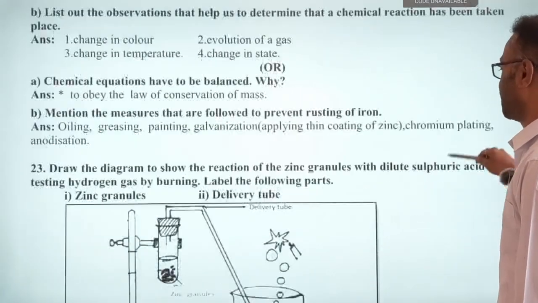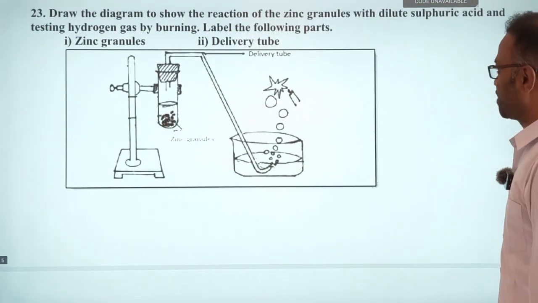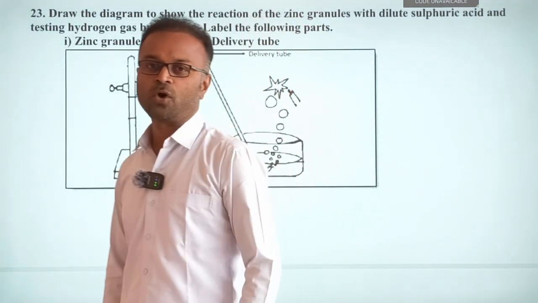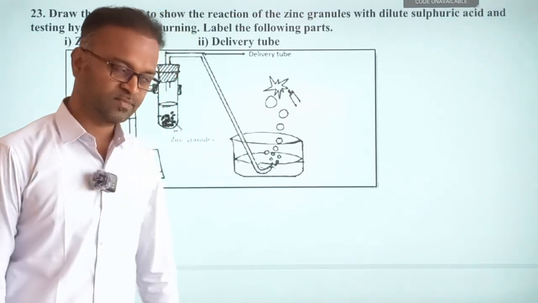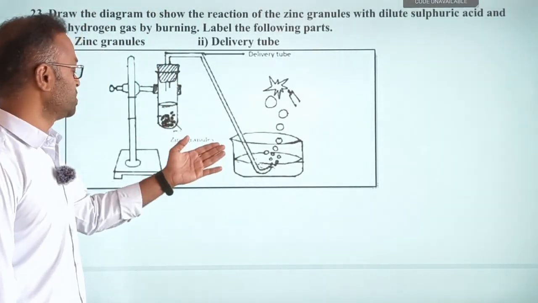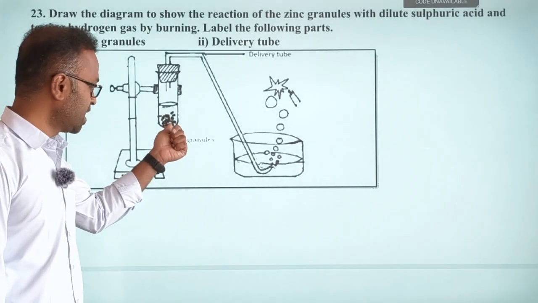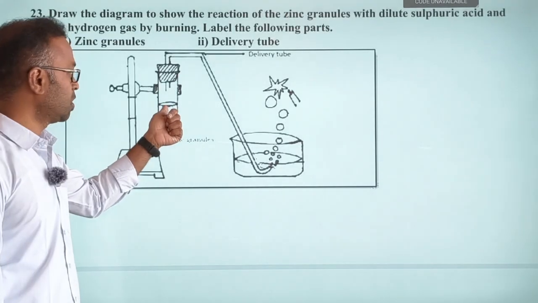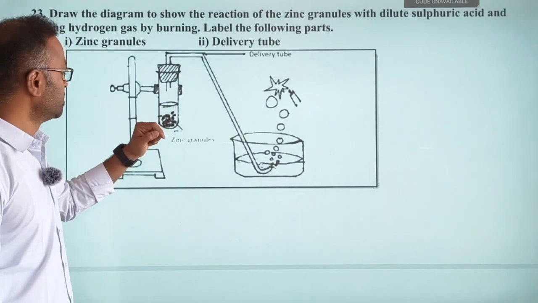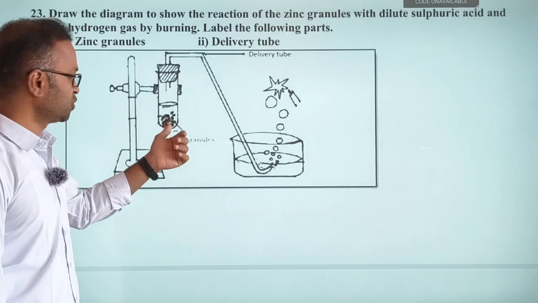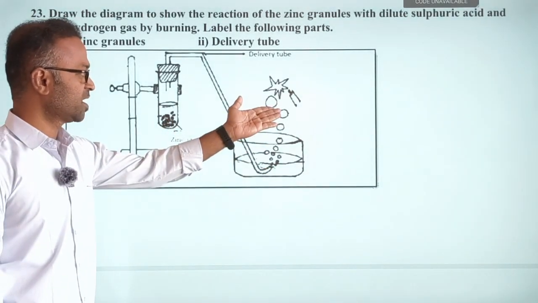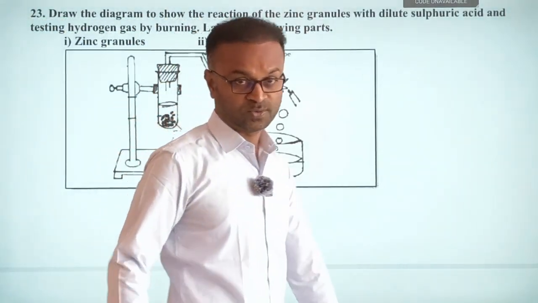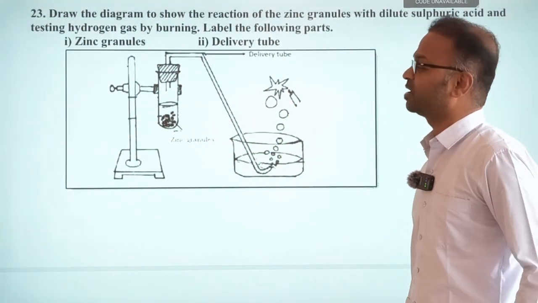And this diagram they will frequently ask: the reaction of zinc with dilute sulfuric acid and testing the hydrogen gas, generally what we call the pop sound diagram. Practice it, understand the labels, delivery tube is there. Zinc granules, you label at the bottom. If they ask to label hydrogen gas bubbles, mention the bubbles at the upper surface of the liquid, and this is the acid, H2SO4. Rubber cork, test tube, soap solution, hydrogen gas bubbles are there, and it is giving the pop sound. Practice this diagram. Do not forget to use a scale. Do not draw a freehand diagram when it comes to the chemistry part.